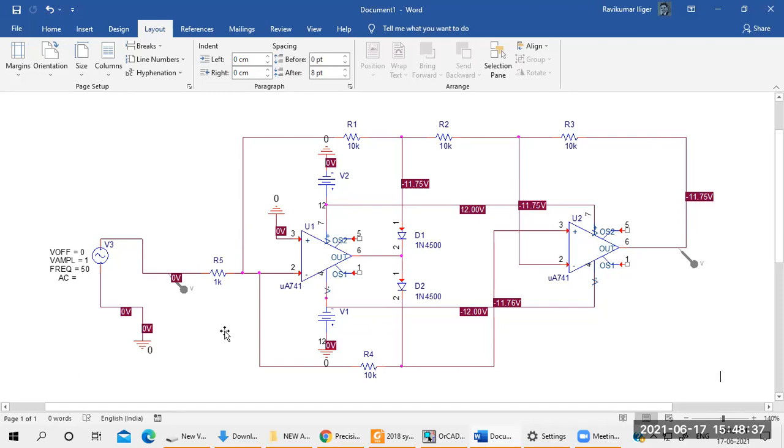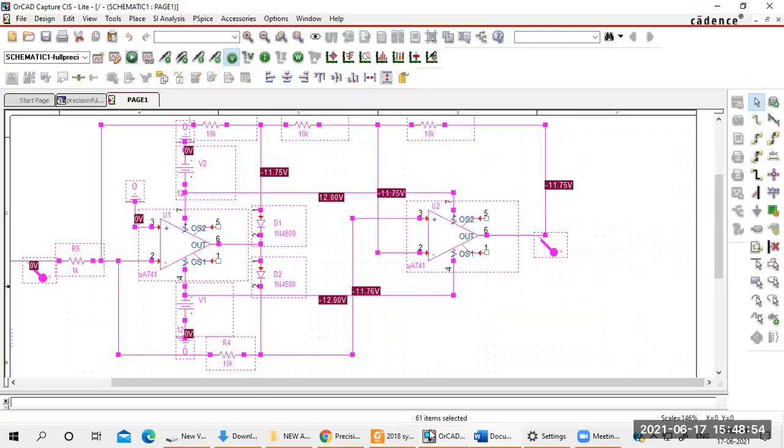So for input I have taken a sine waveform here. I have taken amplitude voltage as 1 and frequency as 50. I'm applying a small voltage, that is 1 volt, at a frequency of about 50 hertz. Understood? Same thing we can simulate in